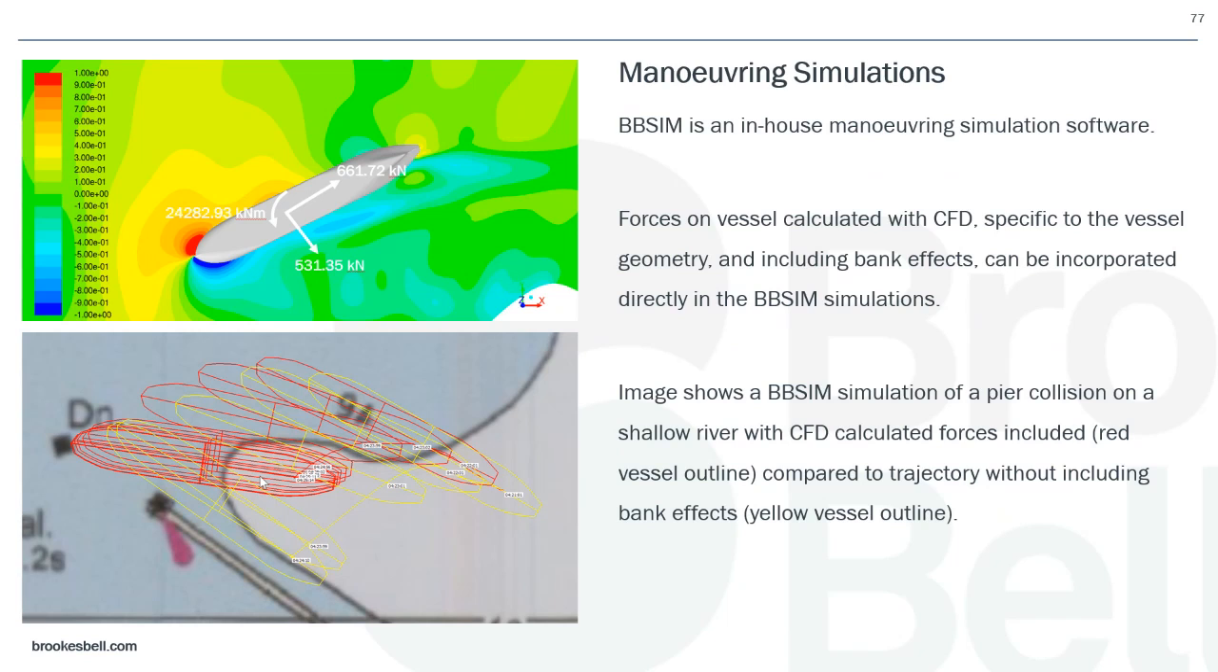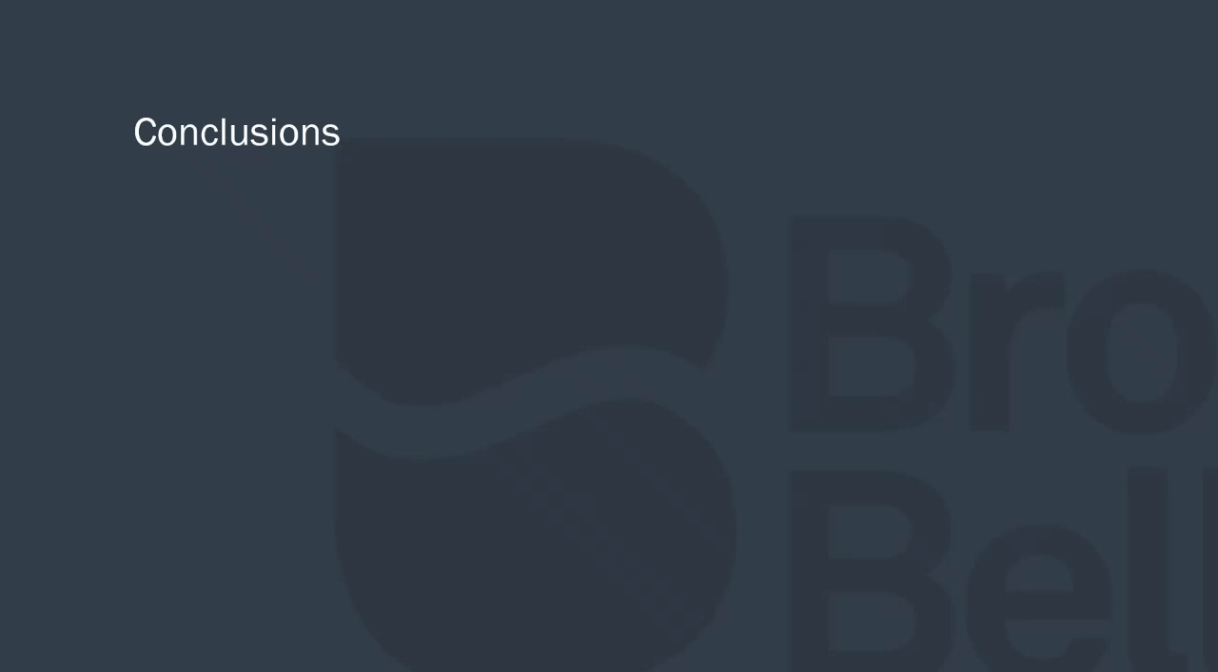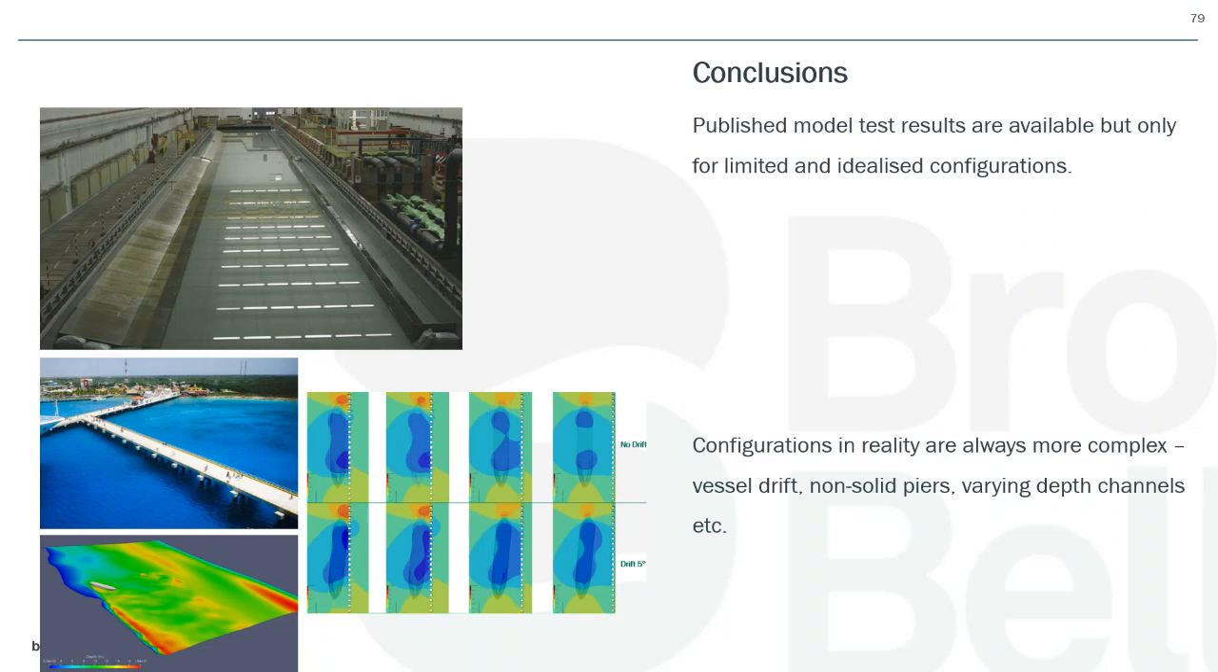And so we could get quite an accurate representation of the incident and an explanation of why that incident occurred, from doing CFD and then applying it to the manoeuvring model. So just in conclusion,